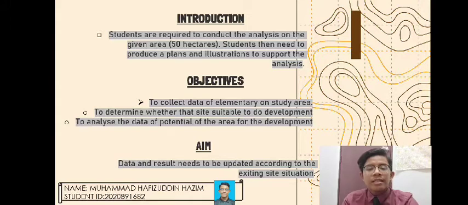First of all, these slides are arranged according to the table of content that has been provided. Firstly, introduction. Students are required to conduct the analysis on the given area. Students then need to produce a plan and illustration to support the analysis. For the objective, to collect data of elementary on the study area, and for the aim, data and result need to be updated according to the